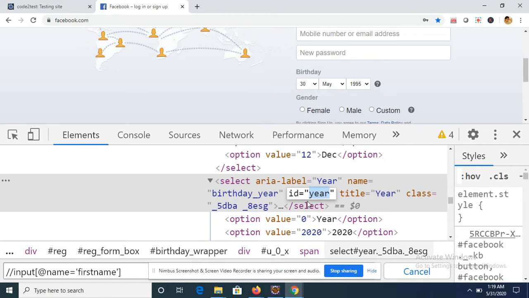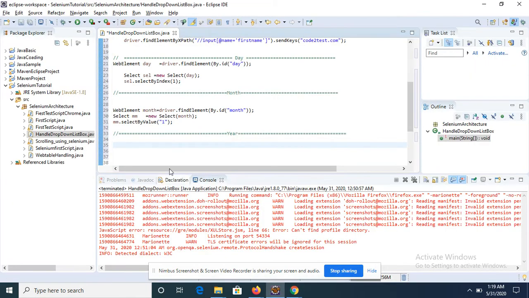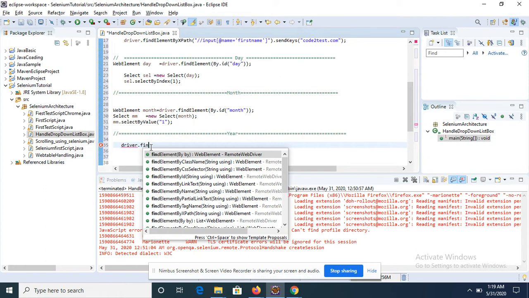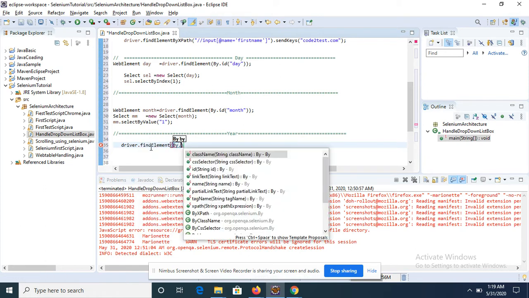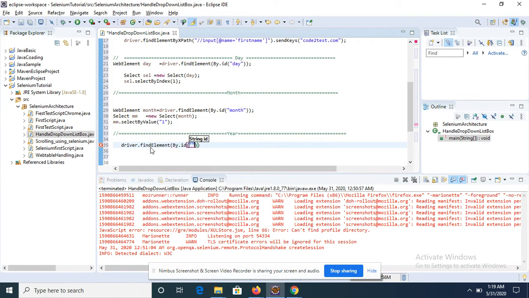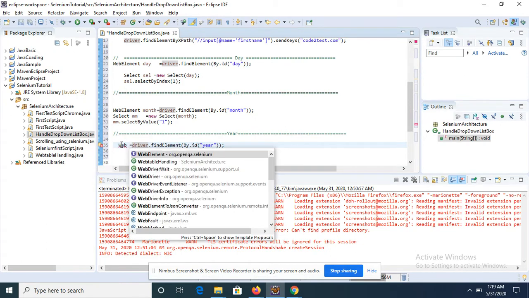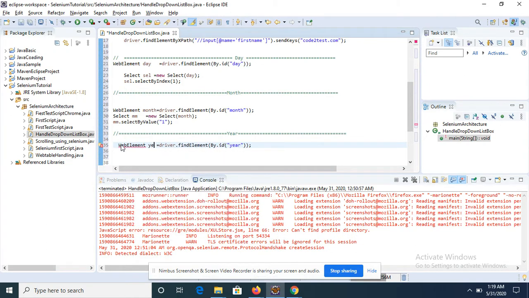So no worry, you can take anything. Driver dot find element by dot ID. So I have passed my ID, that is here. After that, again it's a web element and it's a year. Take this, and again create an object of Select class.